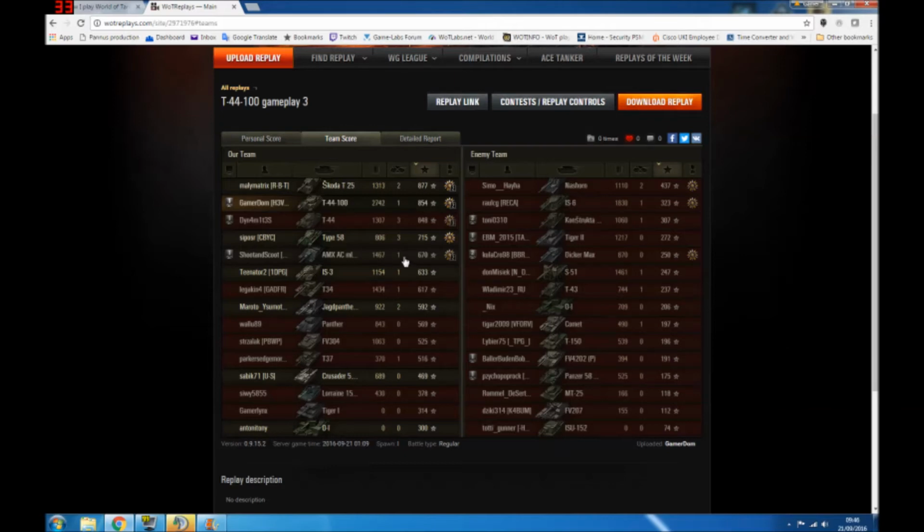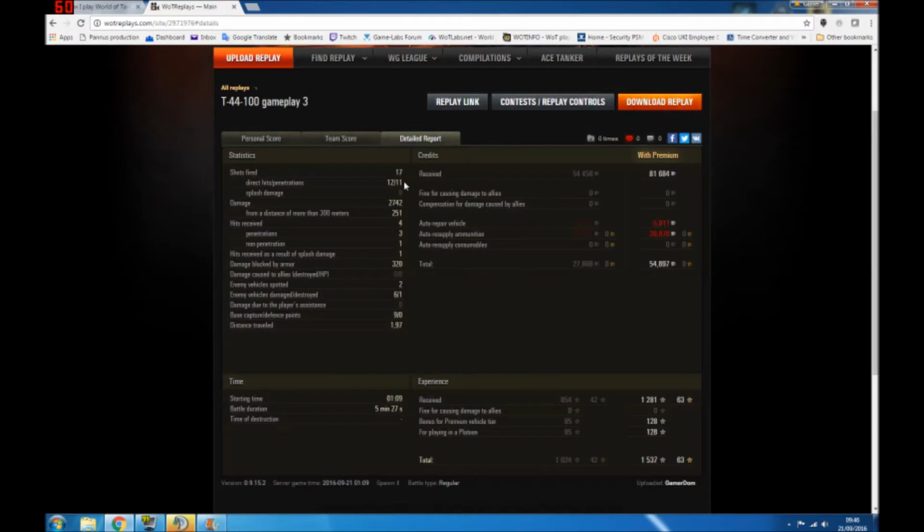1,467 damage and 1 kill for 670 base XP. I fired 17 shots, hit with 12 of them and penned with 11 for that damage that I did. I took 4 hits, 3 of which penned and 1 didn't. So you can see in all the games so far, the armour, you may bounce 1 or 2 if you're